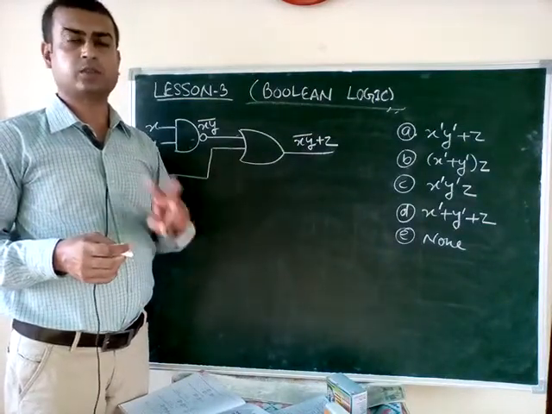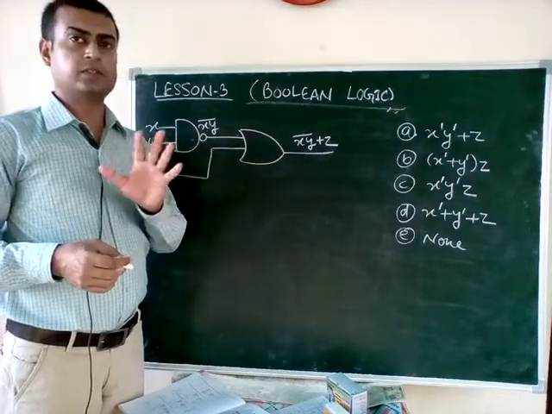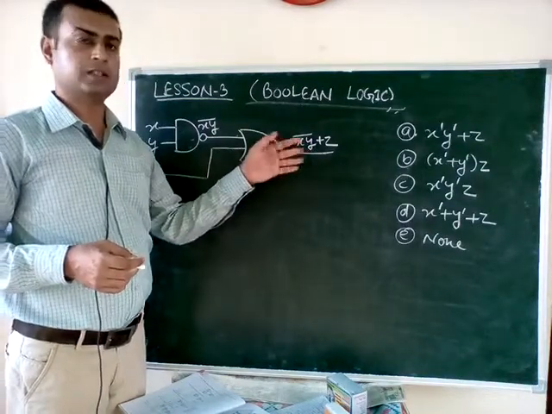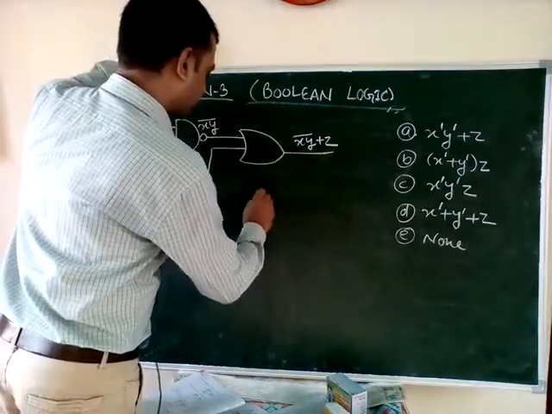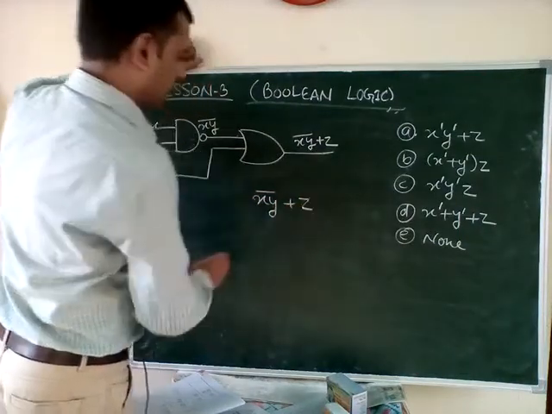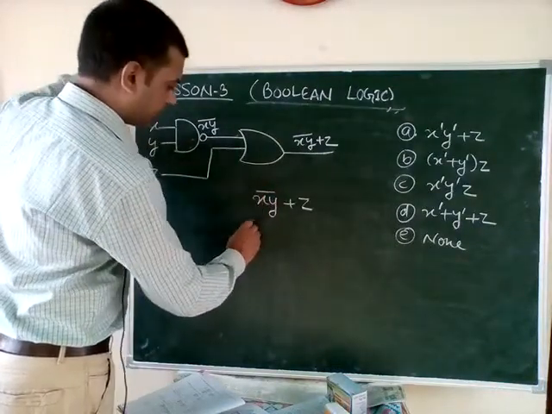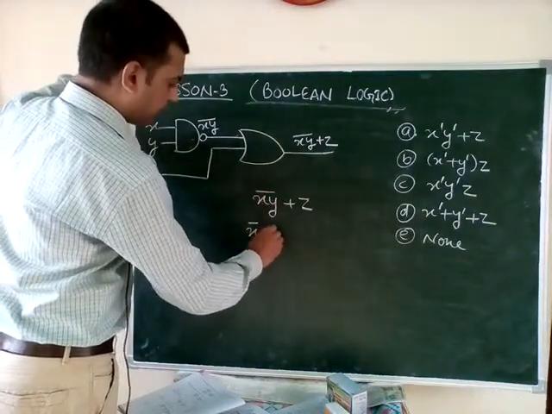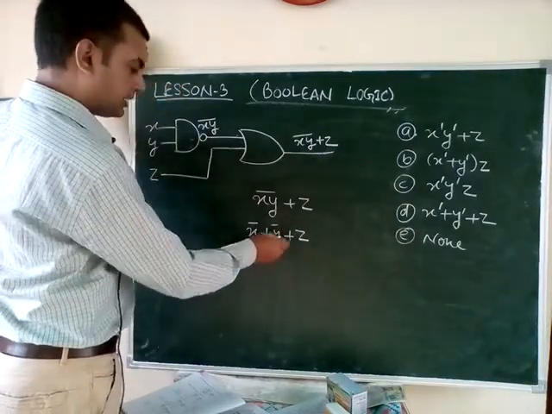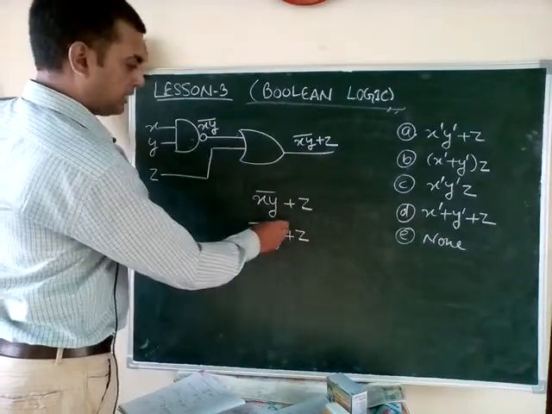Already we know that two De Morgan's theorems are there, and first we will use the De Morgan theorem for multiplication of these variables, and it will be like this. Our answer is x y plus z. De Morgan theorem says if bar is present on both the variables, so it will be x bar plus y bar plus z. So I have just segregated these variables with the help of De Morgan's theorem,